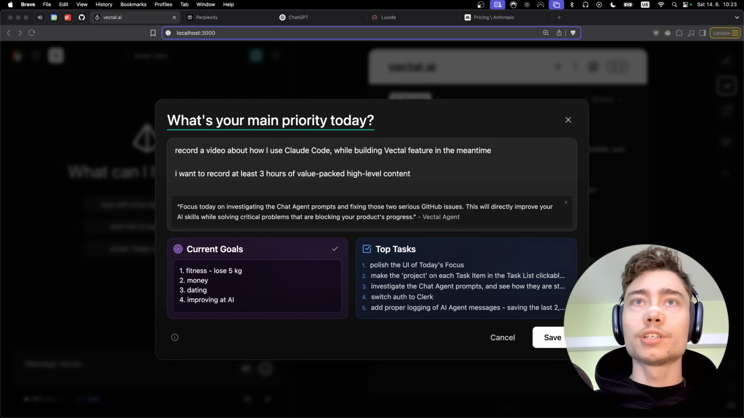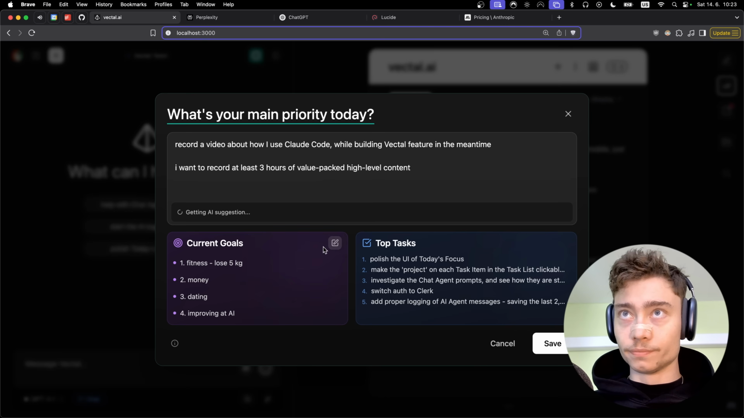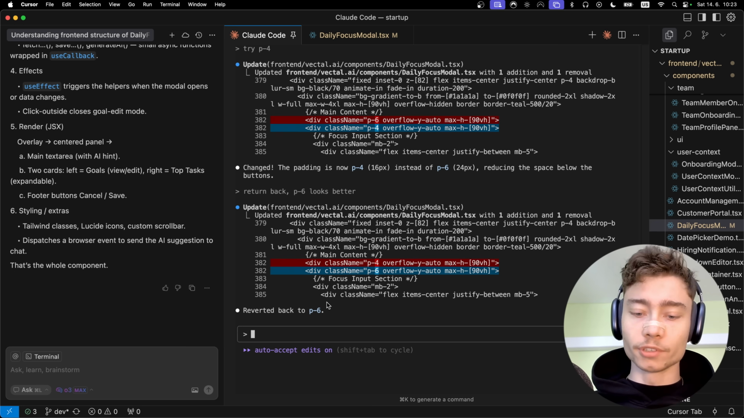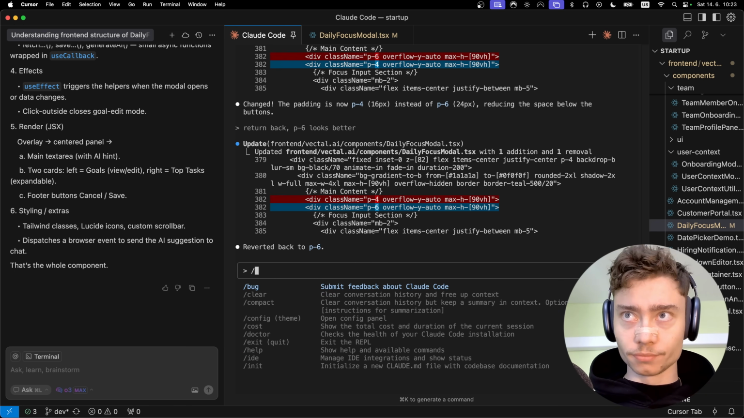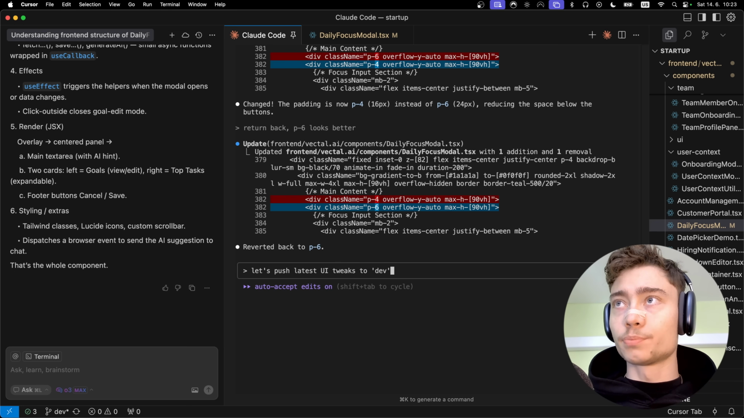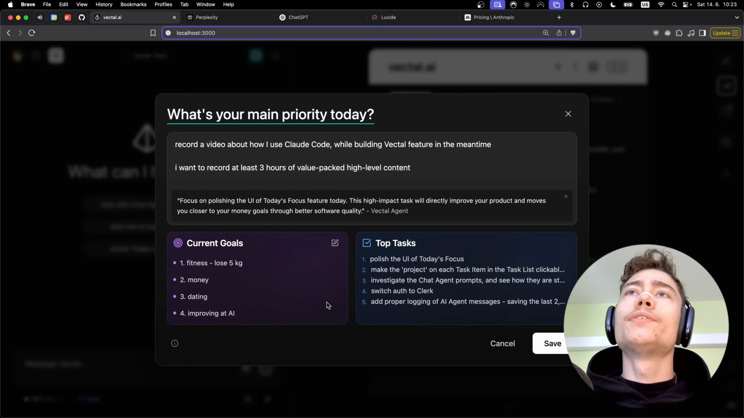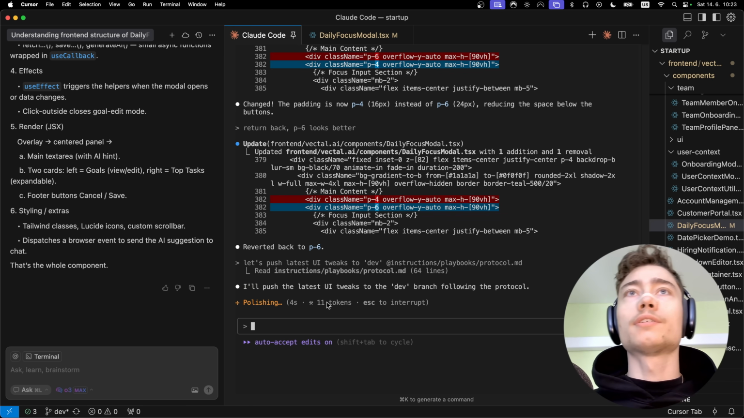Okay, so actually one more change. I want to add some highlight to this. Okay, whatever. What I'm gonna do is push latest UX tweaks to dev, and then I want to figure out, actually we can do that with